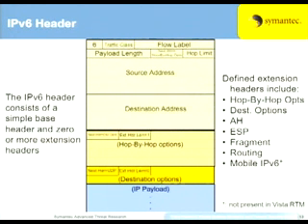Just as a brief background, the IPv6 header consists of a simple base header followed by 0 or more extension headers. The defined extension headers include hop by hop, destination options, authentication header, ESP, fragment for fragmentation, routing for source routing, and mobile IPv6. And all but that last one are supported by Vista